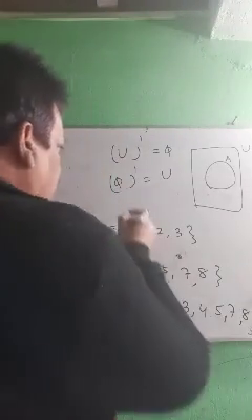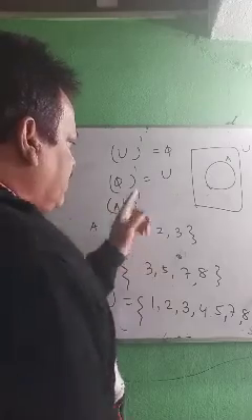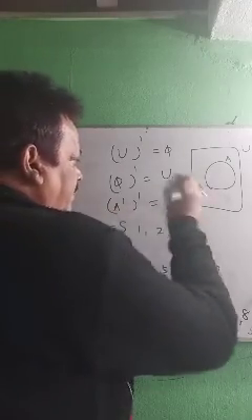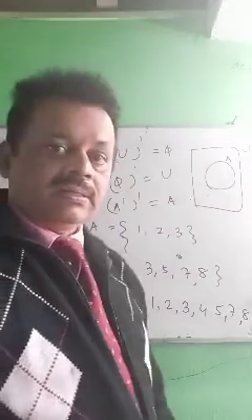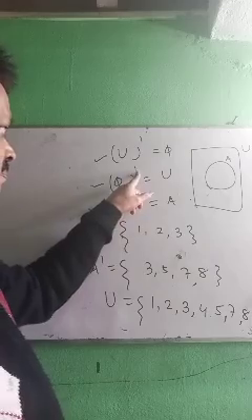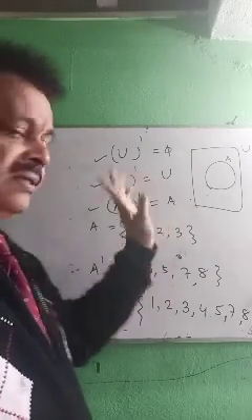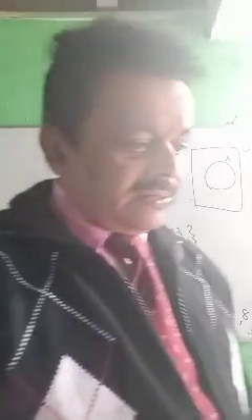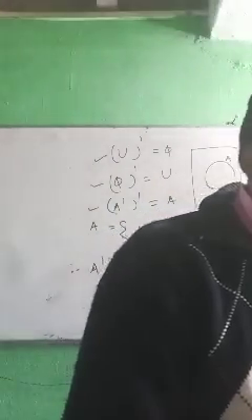Okay. What is complement of a complement? Complement of a complement is the set. These 3 points you have to remember. Complement of universal set is empty. Empty set complement is universal set. Complement of a complement is set. Okay. Now let us take few questions from your exercise 1.5.